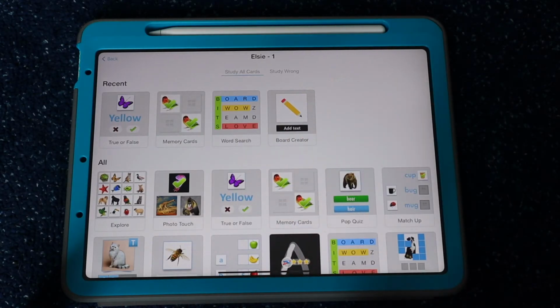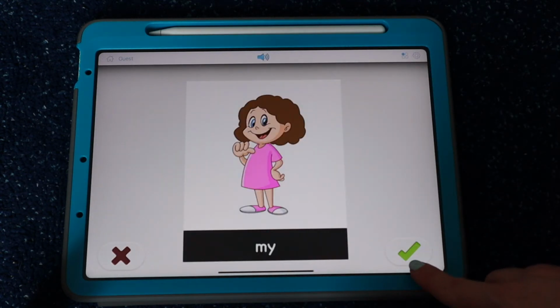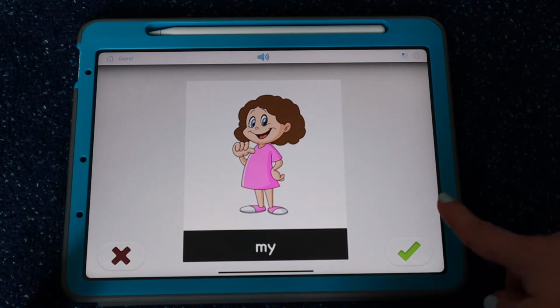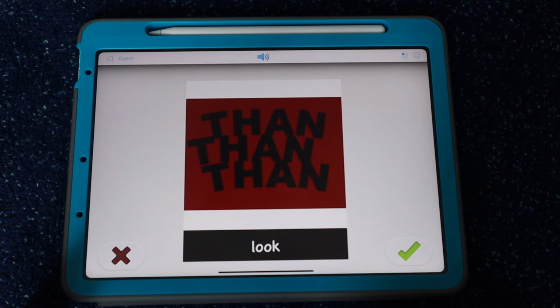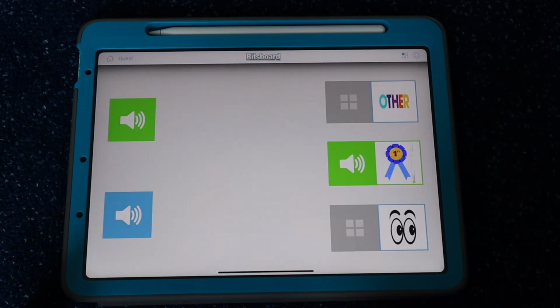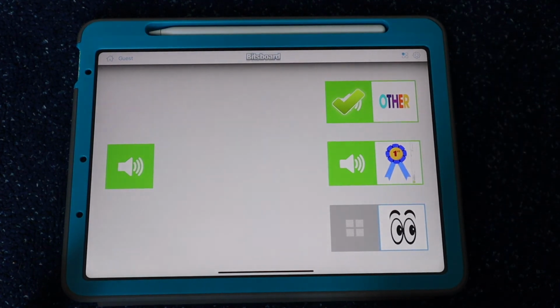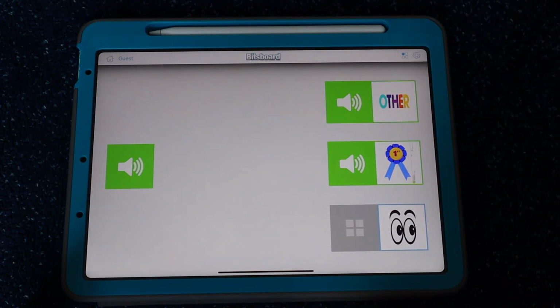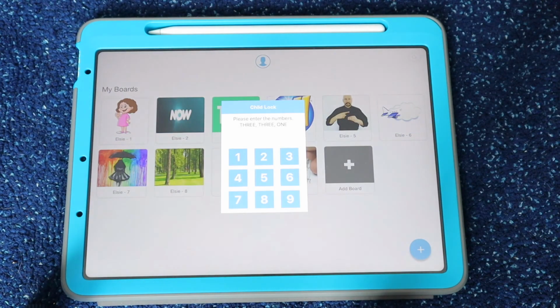So I'm just going to show you some of the games that can be played with the switch control. Games like True or False, where they just have to select something on the right or the left, is one of the games that they can use for switch control. But games like this one, where they actually have to drag the sound to the image, are not games that they can use with the switch control accessibility feature. You can go into settings,